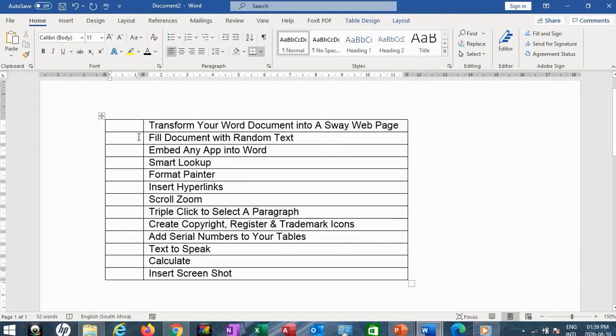Adding numbers to your table in MS Word sometimes is difficult or tedious because MS Word tables don't have that autofill icon that you will find in Excel that you can easily drag through and fill in your serial numbers. Now, there's an easy way you can do that. What you need to do is to select the section or the column that you want to add serial